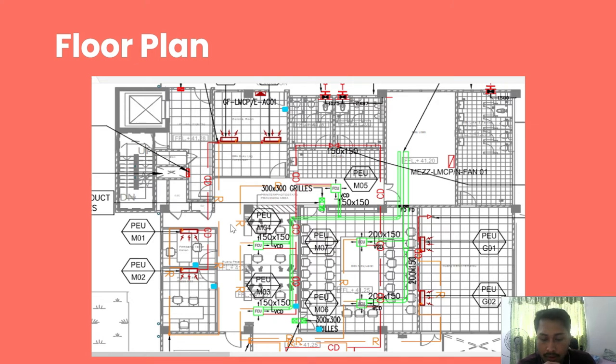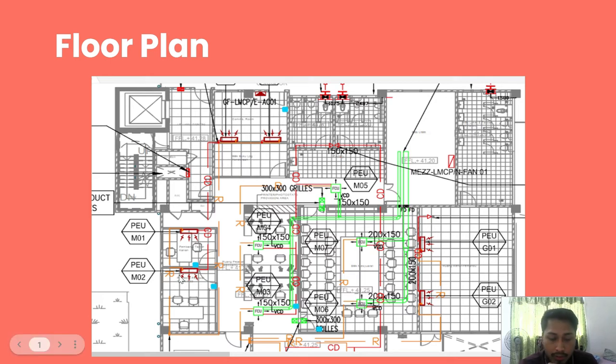Then the other six are right at the center of our floor plan. There are four cassette type units that need to be maintained, and the other two are wall split type, located on the right side of our floor plan. So there are six aircon units that we need to maintain. Right, without wasting any time, we look at the